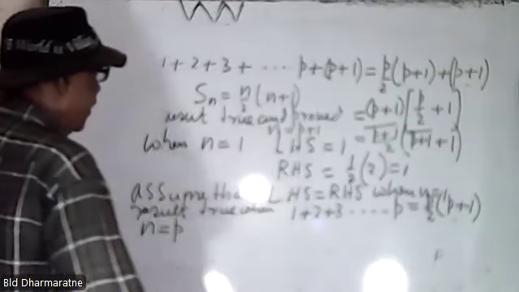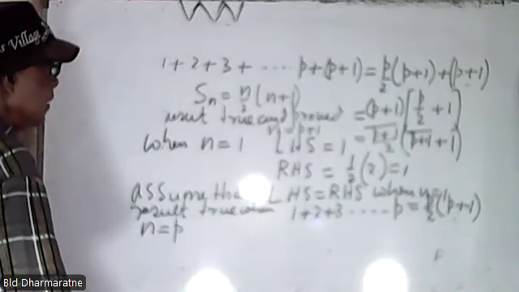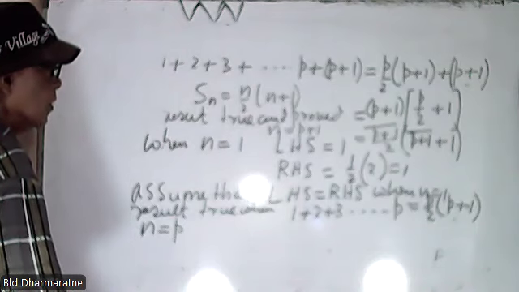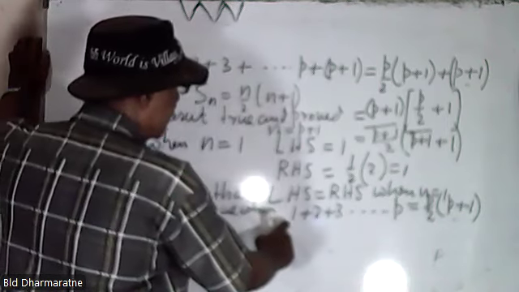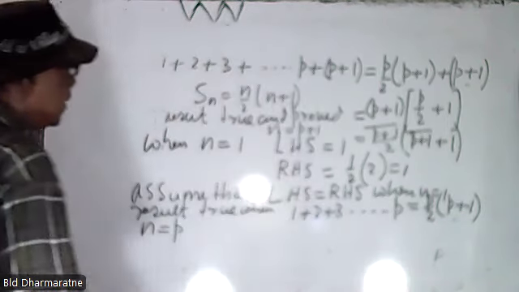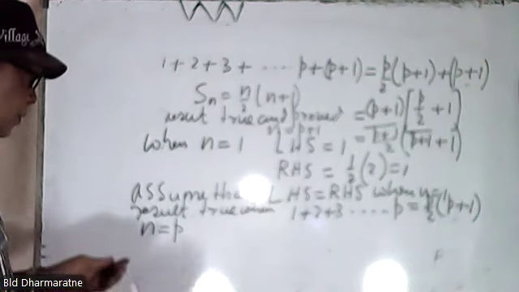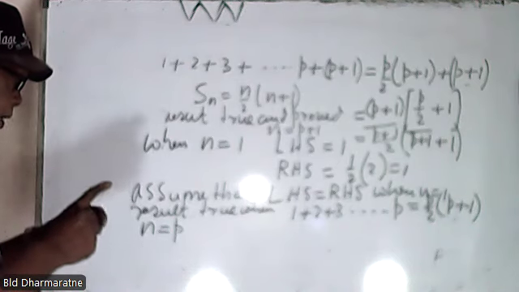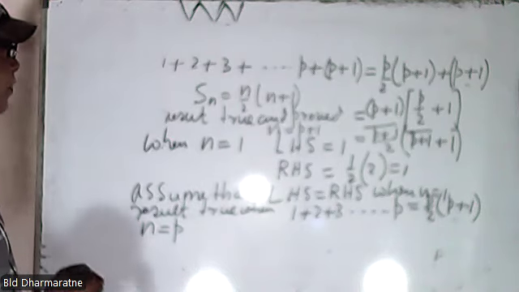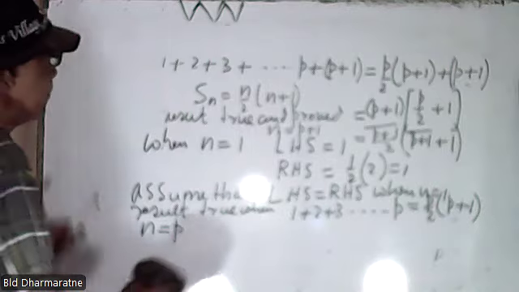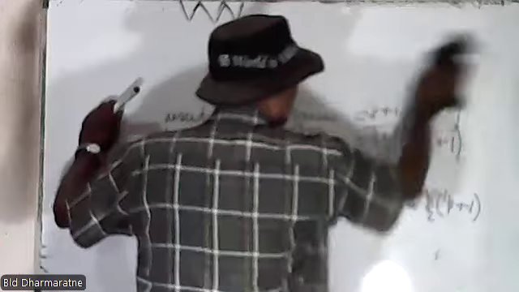For all the positive integers n, the result is true. Over the positive integers, the formula is already proved true. This is the mathematical simple condition, right? Now we are doing some